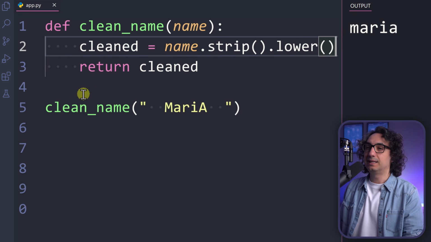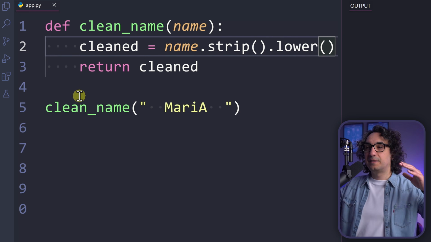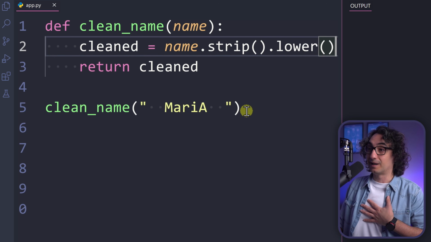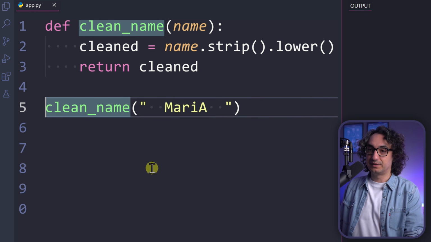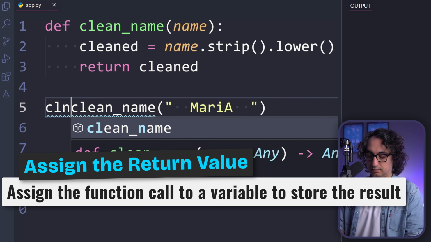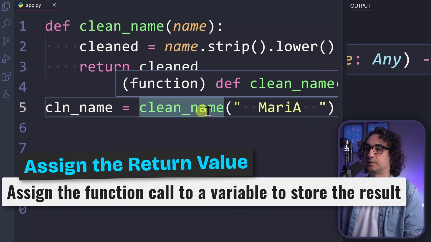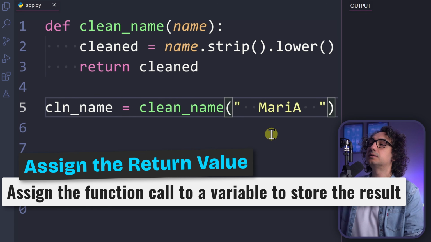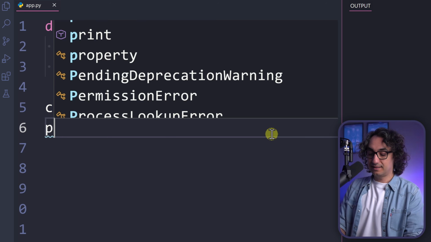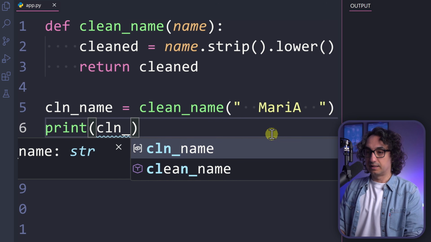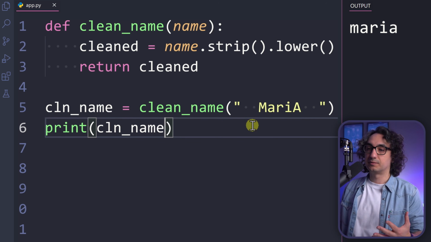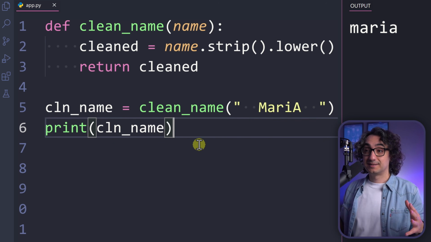I don't need that. If I leave it like this and execute, nothing is gonna happen. Everything is lost. The program is not getting the returned value, and me as a human, I'm not seeing what is going on in the output. So of course, in order to capture the return, we have to add a global variable. So let's add a variable called clean_name equal, and then assign it the whole call. Now, let's execute it. Of course, we are not seeing anything because we are not printing, but at least my program is getting something back. Now I'm going to print our new global variable, clean_name, and as you can see, we are getting Maria. So not only am I seeing the value, my program is also storing the output of this function. So actually that's it.